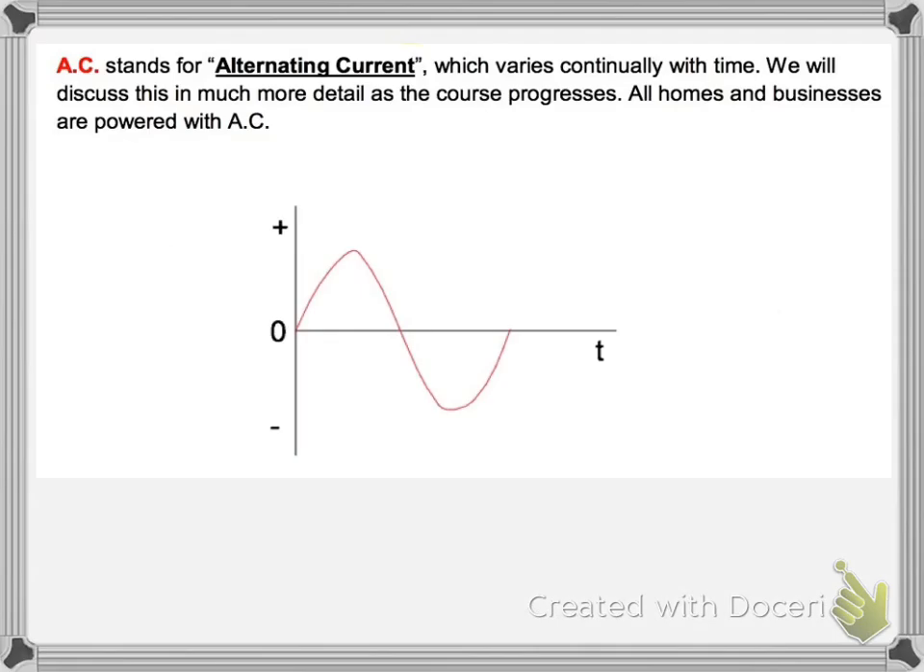Alternating current varies continually with time. This is the type of current that's supplied to all our homes and businesses, so we'll be quite familiar with it. The definition of AC, again, is alternating current, and we know it's AC because for a portion of the cycle,